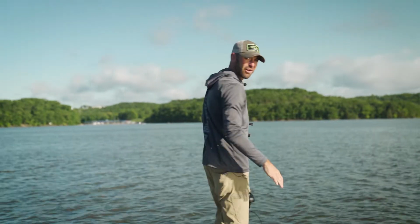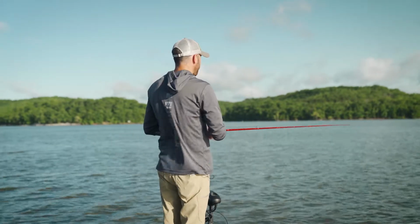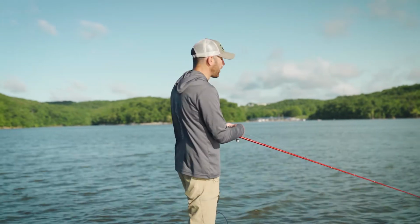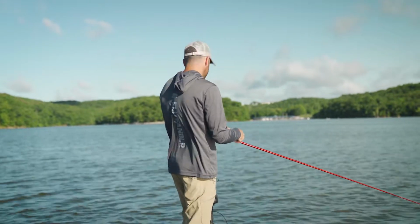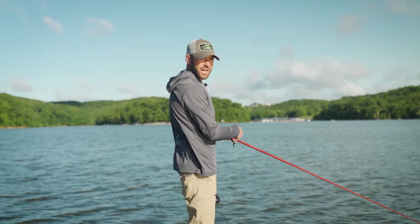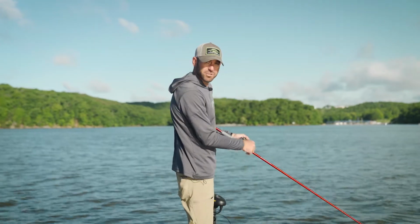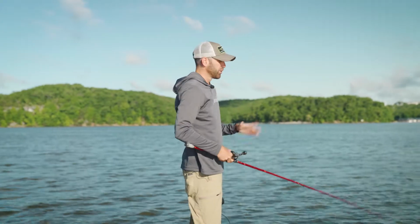So what we've got going on today is it's summertime. The fish are out off of some of these points, and in a lot of parts in the country, that's what's going on. You know, a lot of current coming through all these lakes with the spring rains, and these fish get out offshore and they feed on shad as they're coming off of the spawn. So a swim bait, a swim jig, both good ways to catch these fish, and when you put them together,